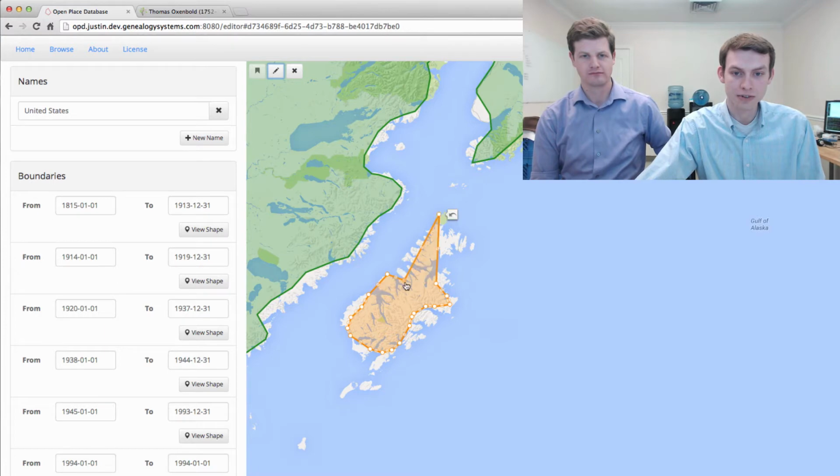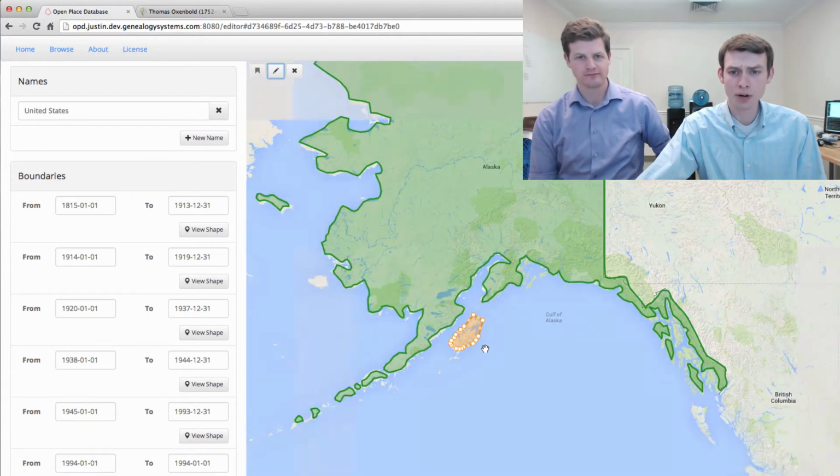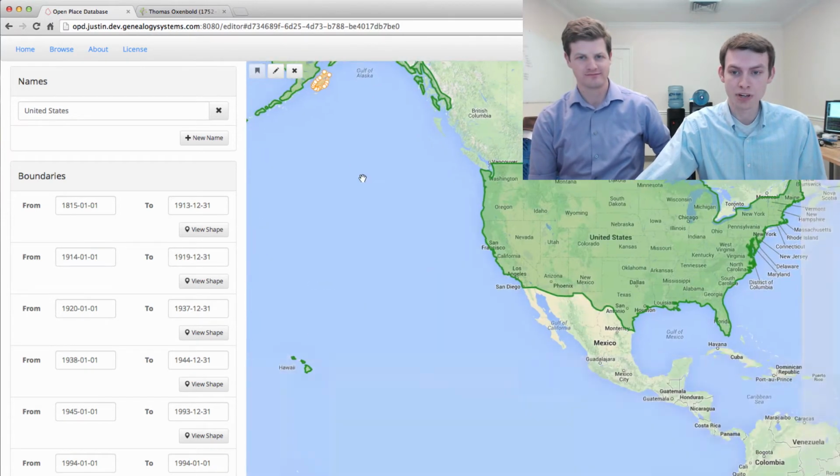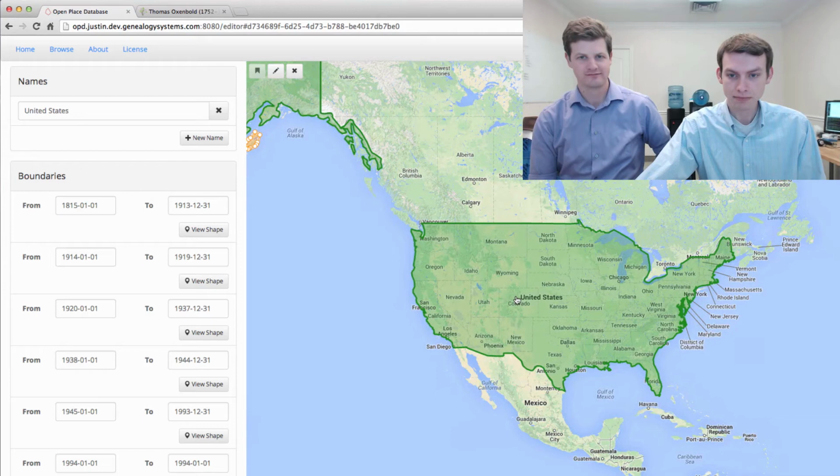You know, this is kind of a rough first take. Oh, there's another point. So we can go in here and we can sort of modify the boundaries as we desire. And there's going to be quite a few features we have to add in to make this happen. While we were working on this, we ran into an interesting problem where when you click on a shape to edit it,